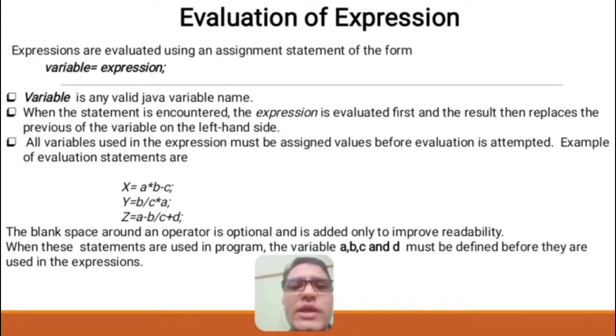If you observe the example, x is equal to a into b minus c, here as we know according to the BODMAS rule, which expression should be evaluated? In this, a into b will be executed because multiplication is having highest precedence. Okay, so likewise we are defining the evaluation of expressions.